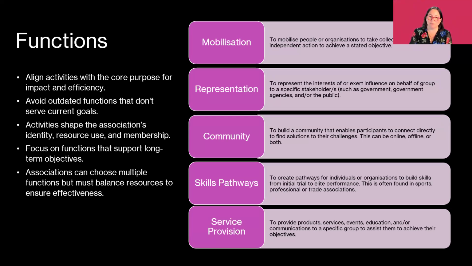Now, each one of those has a significant amount of resources that's required to execute it well. Now, a lot of associations will say that they do multiples of these, and that's absolutely okay. You could do all 5 if you've got the resources to do it. But when you're thinking through this, don't let it be an ad hoc decision that's just happened because you've evolved into doing all those 5. Make it a considered decision to say, well, which ones do we choose to do? And what level of resourcing or priority do we lend into these?